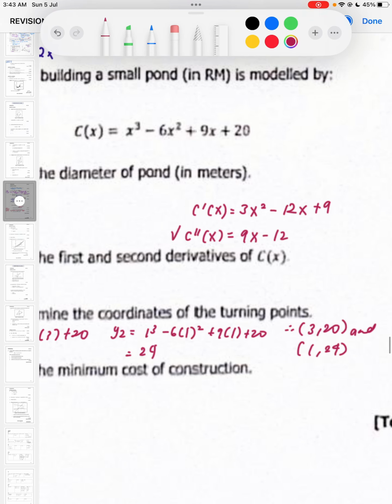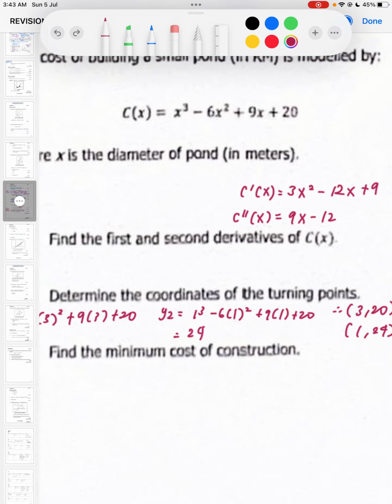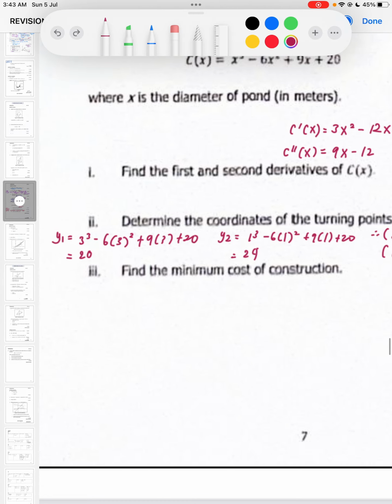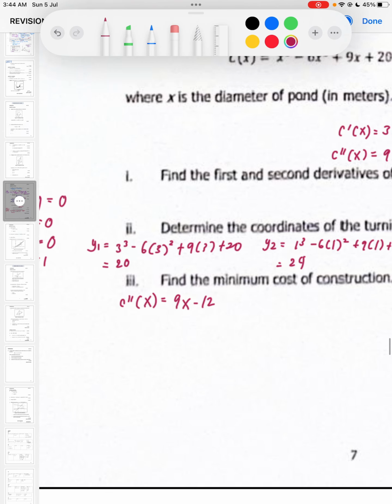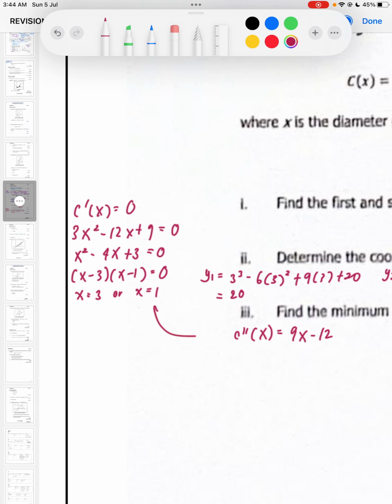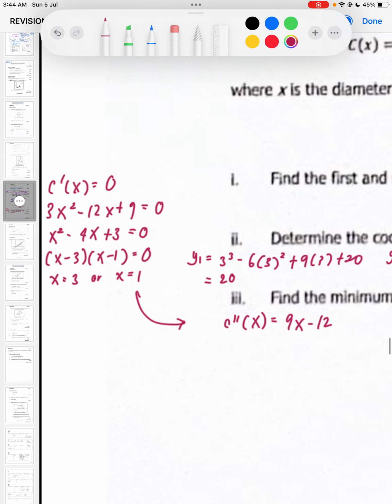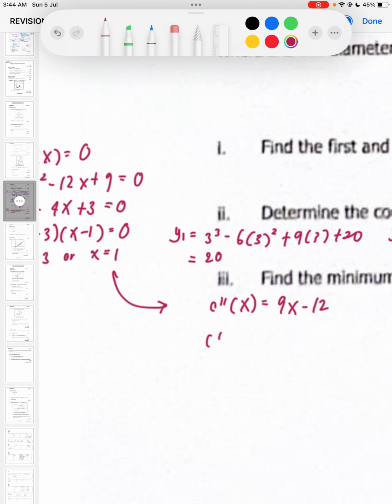This is where we are going to use the second derivative because as I said earlier, the second derivative determines the nature of the graph, whether it is a maximum point or a minimum point. So in this case, let me write down the second derivative first. Okay, let's substitute the x coordinates that we got earlier to see what y would be. So when I have 3, 9, 3, so that is going to be,